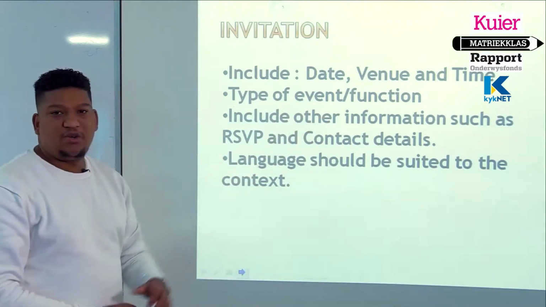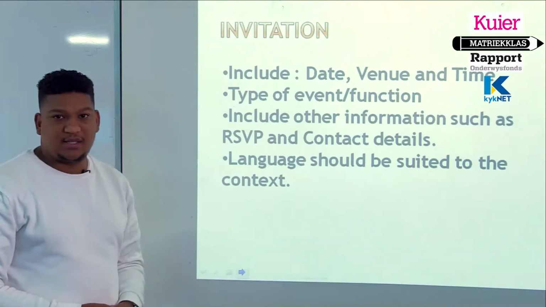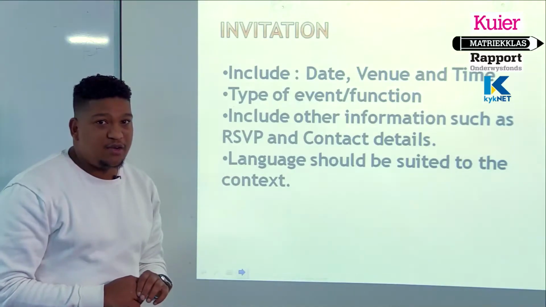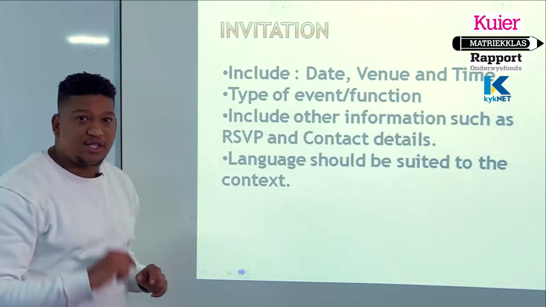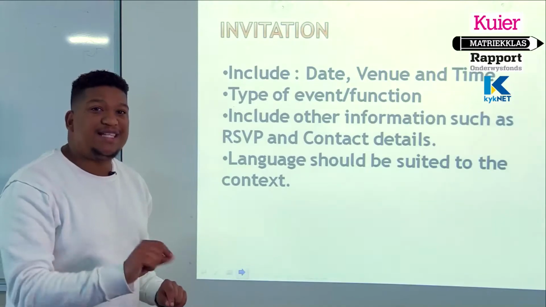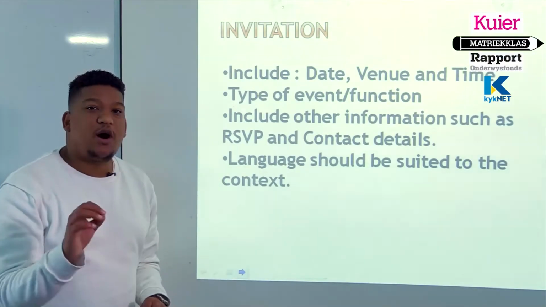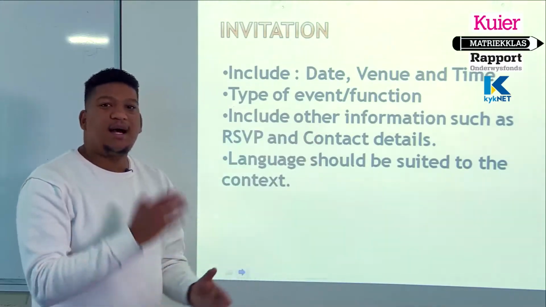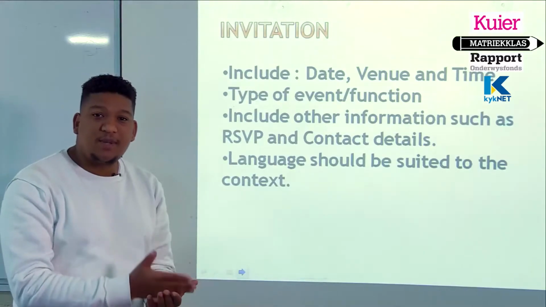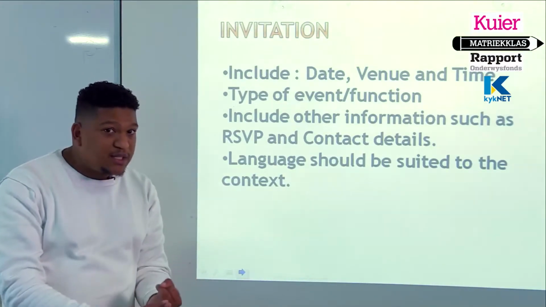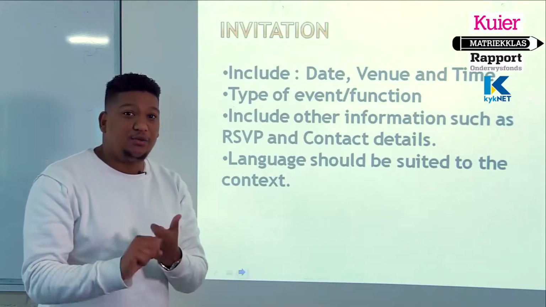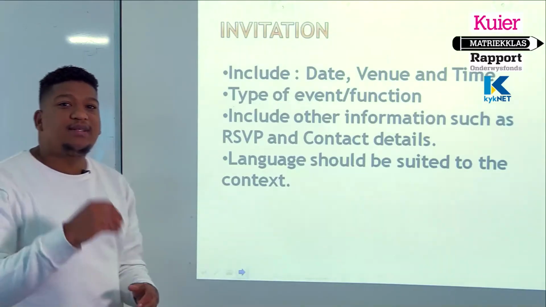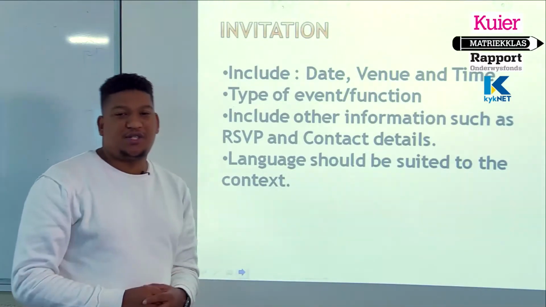When I provide the venue, grade 12, provide the address. Because, and this is what you can also do, you provide the venue and the name of the street, it's an indication. Or you can say the map is included. So obviously this person will not get lost. Indicate the proper time, so that the person knows this is where I'm going on this particular date and this is the time I need to be there. We hate people to be late at any function. Indicate the type of event or function.